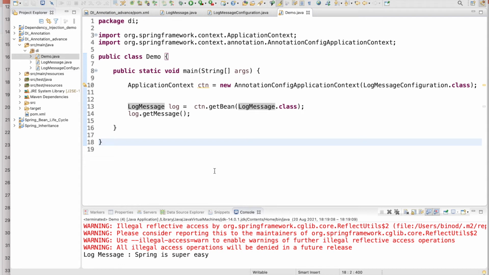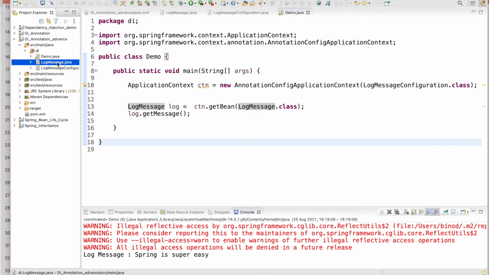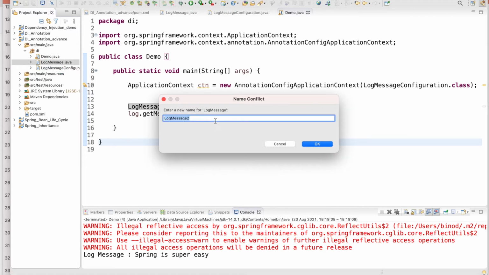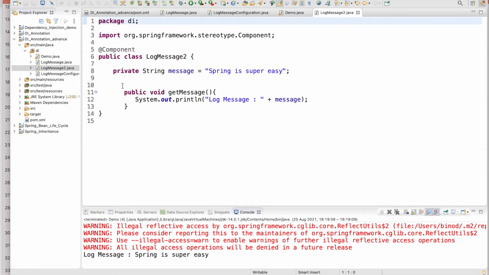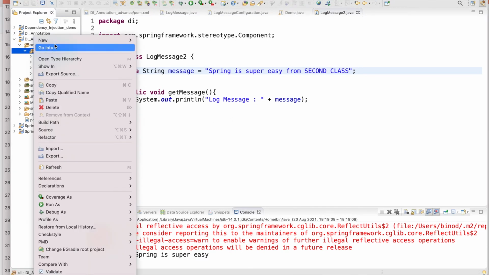Now make one experiment. What experiment do you want to do? Suppose create one more log message. Just do the copy paste and make two, right? Make the two and give everything as it is. Just for the identification purpose you can call it the second class, with everything the same. And make one interface.